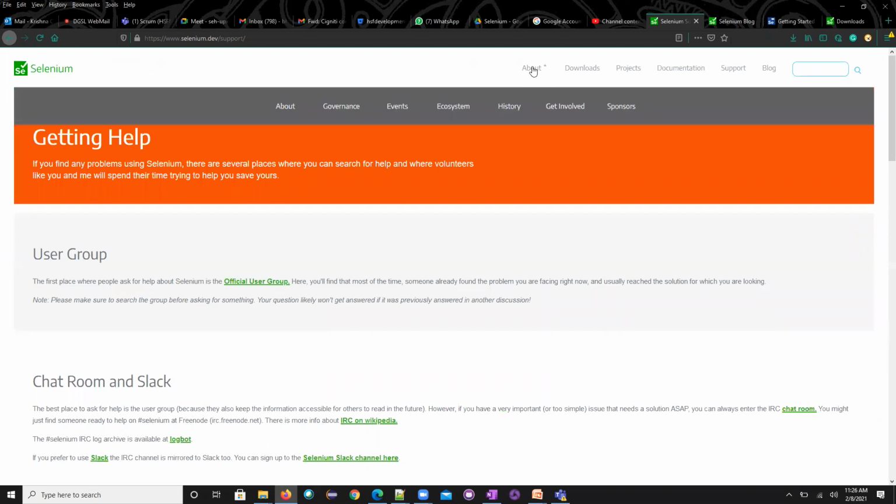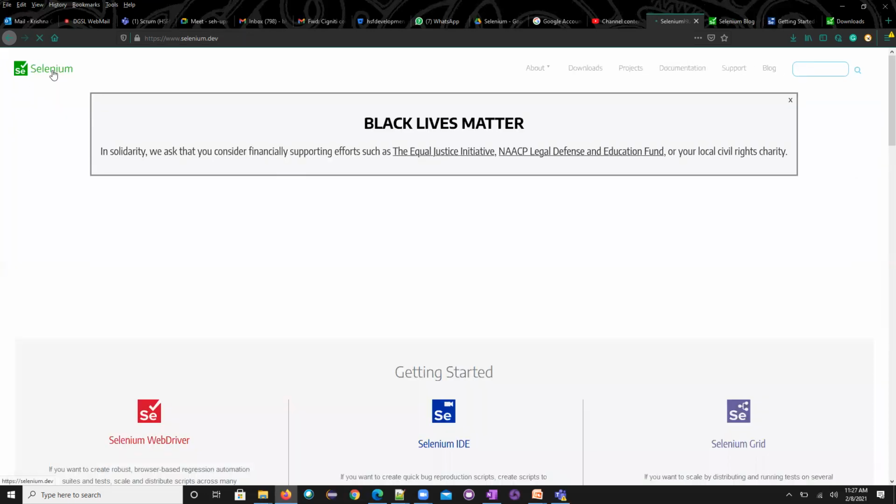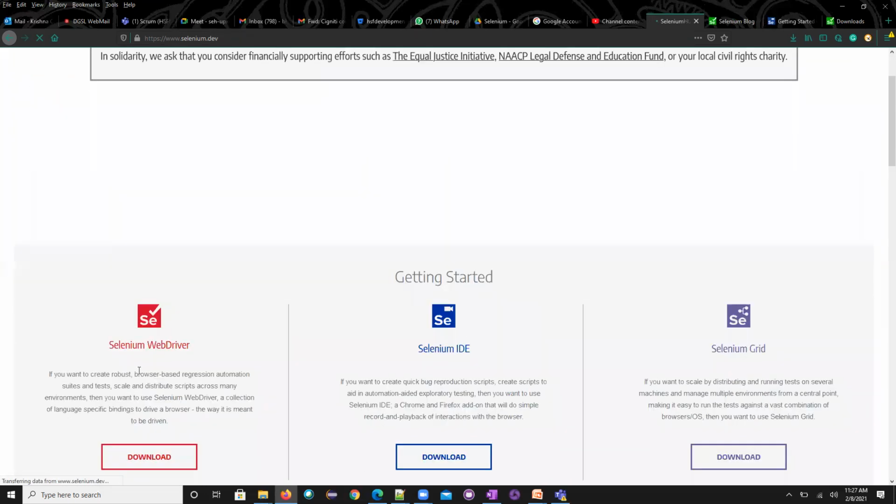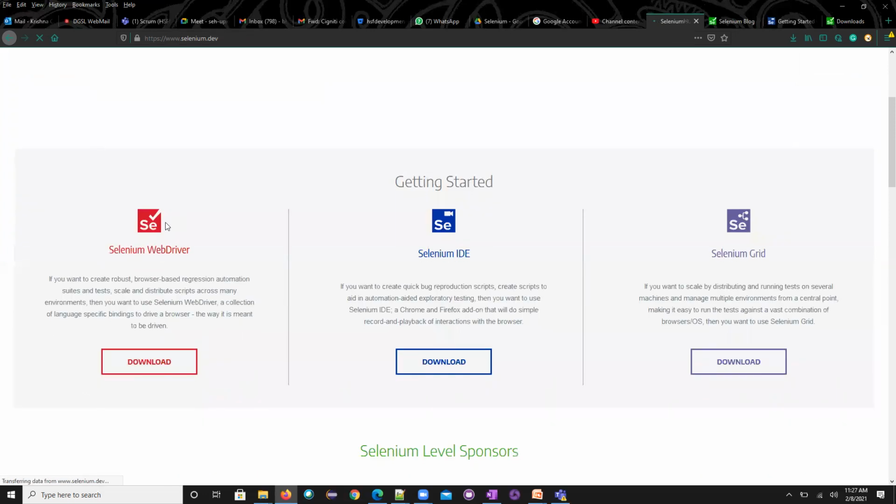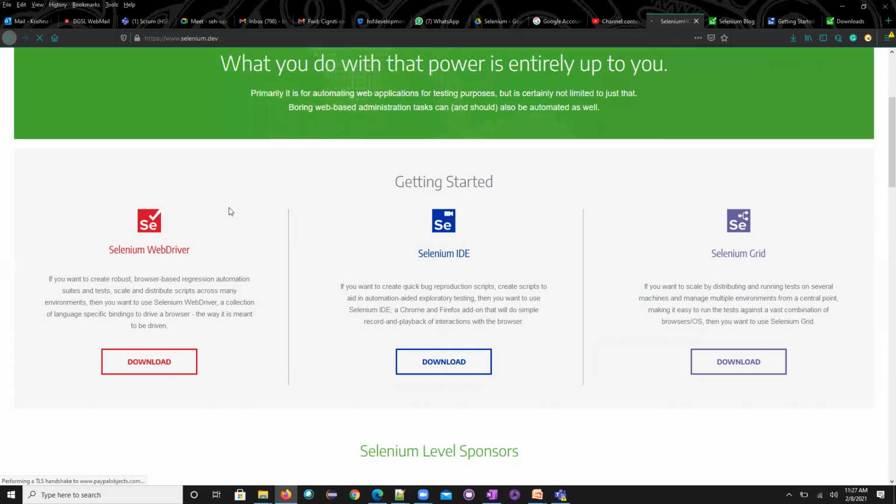So now what are the steps? Before going to that, the history and all those things, we need to know about. If you want, you can just see it in the About section. Now, what are the things we are going to read through? First, we will be understanding three basic concepts. One is the Selenium coding architecture, the working architecture, and the next pointer is how to configure Selenium on our machine. So these are the three pointers which we want to see.